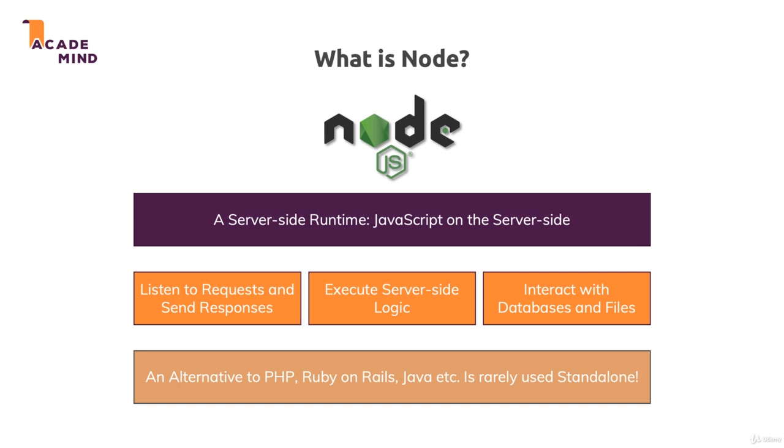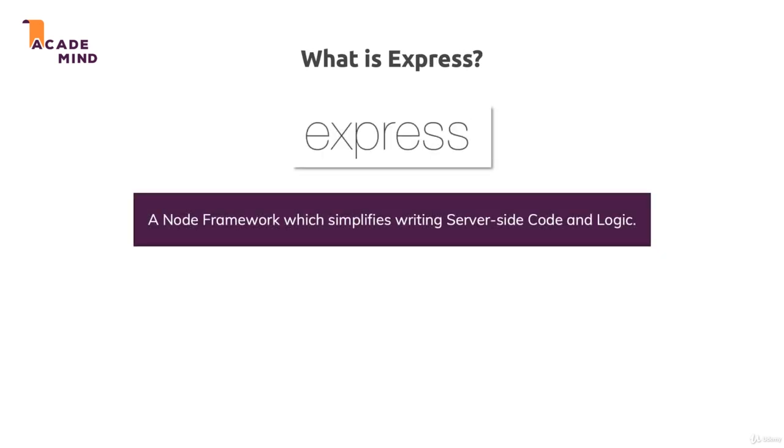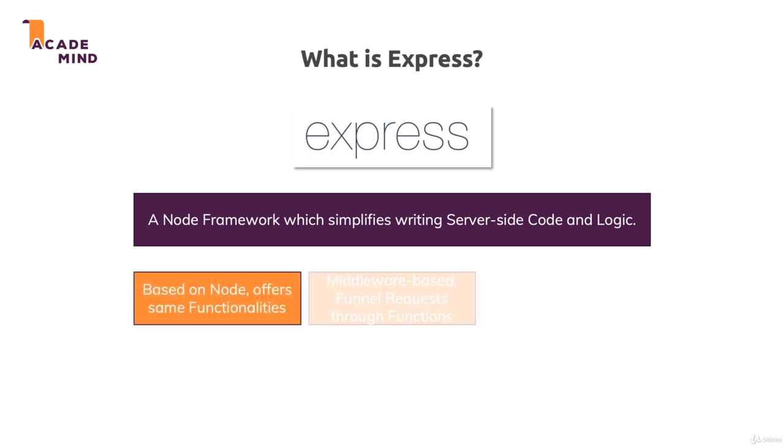And just like those languages, it's also important to note that it's rarely used standalone. Instead, typically, we use it combined with Express. And Express is a Node.js framework, so we still write Node.js JavaScript code, but we get utility functions and a certain way of structuring and building our applications, so a certain rule set we adhere to basically, which makes building Node.js applications much, much easier. So it's based on Node.js, but gives us new functionalities. It's strictly middleware based, and you will learn what that means throughout the course, which means we have a clear way of handling requests, a clear funnel through which all requests are passed, where we then can extract data or prepare the response. And in general,